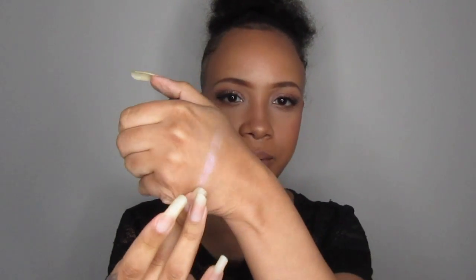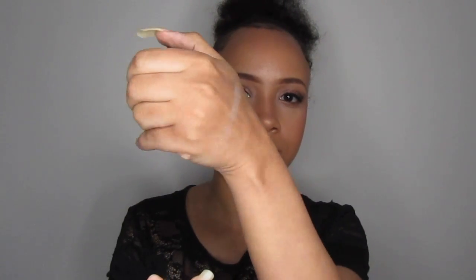So first is a little rediscovery for me. It is the NARS Cassiopeia Shadow, single shadow. This was like £21, crazy. But look at how pretty it is. So I've been using this shade on my inner corner. I haven't got it on today, but I've been using it on my inner corner and on the tip of my nose. And I usually go over my regular pink colored highlight with this, just on the high points